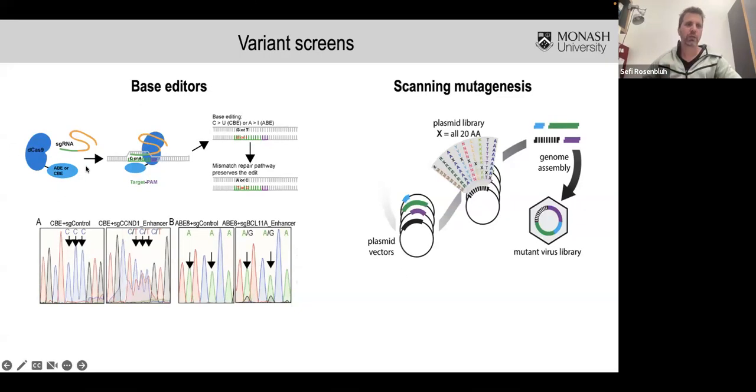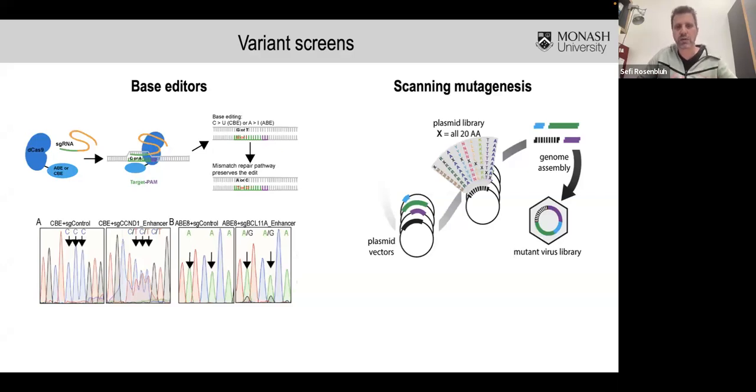And currently we have two different DNA modifying enzymes, ABEs or CBEs. ABEs will convert an A to a G. CBEs will convert a C to a T. So we have those different base pairs that we could induce. The disadvantage of these is that you are limited because you need to have the guide RNA PAM sequence, and it only edits at a limited window.